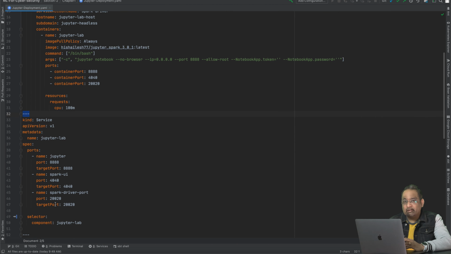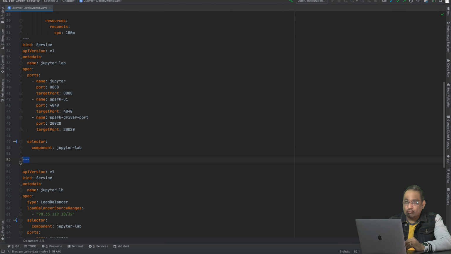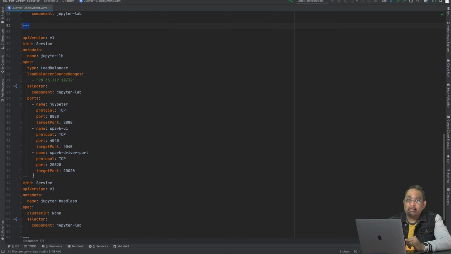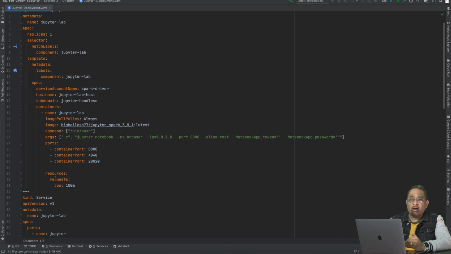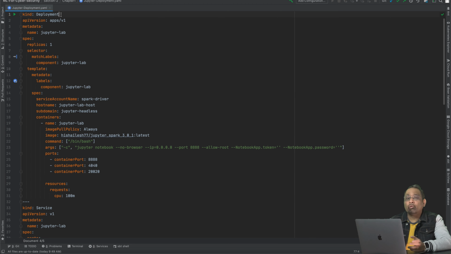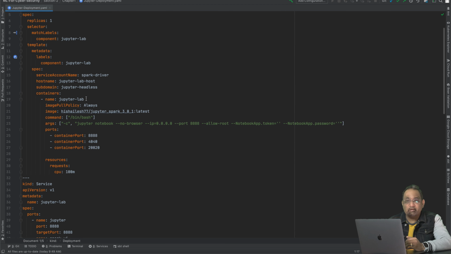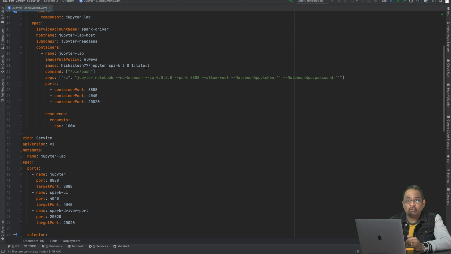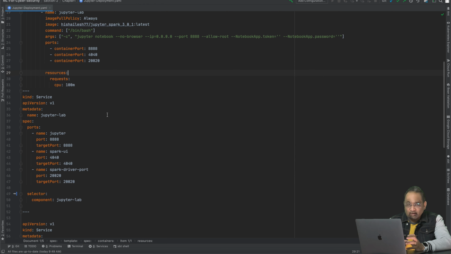If you look at these three dashes, it's a separator for the Kubernetes object declarations, and each one of these Kubernetes objects above and below the separator can go in its own YAML file or can be combined into one single YAML file, just like we did in this case. So the first object we see here is the Kubernetes deployment, which will deploy the pods to Kubernetes using this image, which we built and pushed to Docker Hub in the beginning. Take a look at the container section. It's a single container pod.